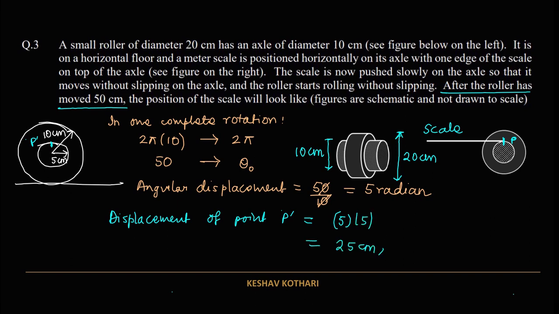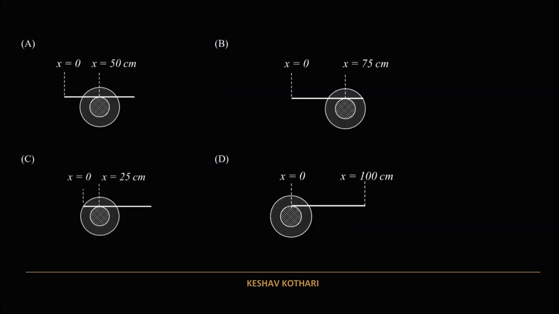So in the linear fashion, that is it will be equal to the displacement of the scale. So scale has moved by a distance of 25 centimeter, and if scale moved by a distance of 25 centimeter, then option B representation is correct, because in this scale have moved by a distance of 25 centimeter. So scale has moved by a distance of 25 centimeter in the direction of the ruler. Let us move to the next problem.